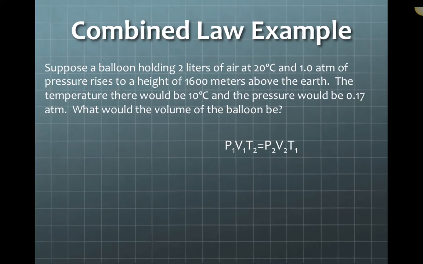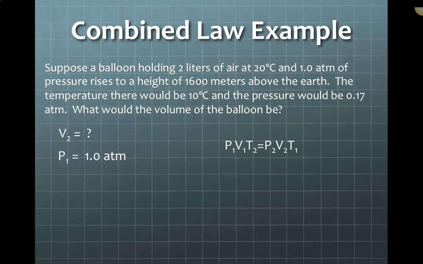So because we're changing two of the variables, we are going to use the combined gas law. P1V1 T2 equals P2 V2 T1. We are looking for what the volume would be at that higher altitude, which means we are looking for V2. In order to calculate V2, we do need to know the initial pressure,